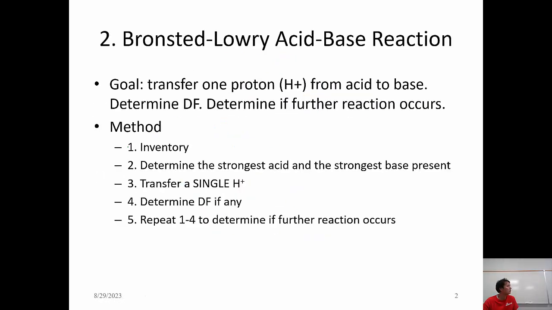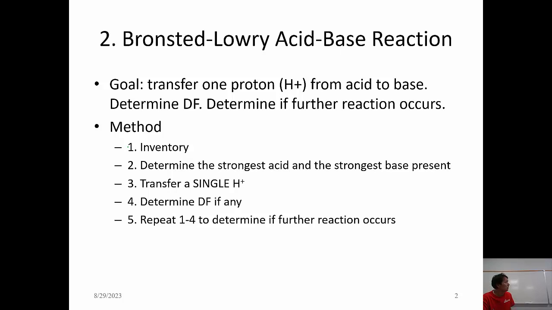Okay, let's move on here. So, Bronsted is going to be a lot more useful, but it only gets part of the acid-base universe. It doesn't get the whole complete acid-base universe. In order to get the complete acid-base universe of acid-base reactions, we need to use Lewis. But Lewis is a lot more complicated. Bronsted is a lot easier. And so we're going to look at part of the acid-base universe, the ones that we can determine using Bronsted-Lowry